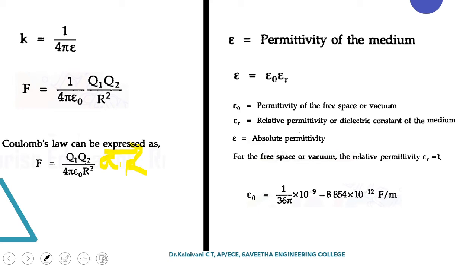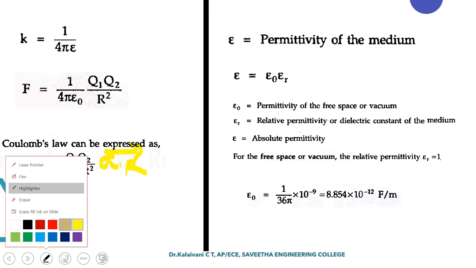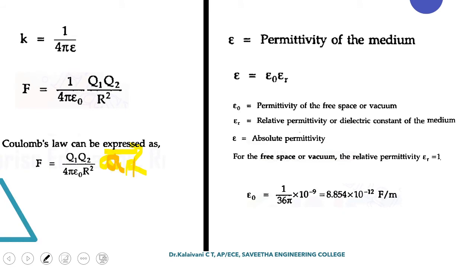So, remember what you studied in your fourth: F is equal to Q1 Q2 by 4 pi epsilon naught R square. But here, what you are going to study is we will add an extra term, the a_R vector. Okay. So, what is this a_R vector? It is a unit vector of direction along the line joining the two charges. Okay. And epsilon naught value is a constant.